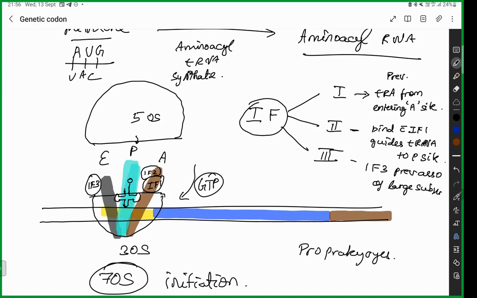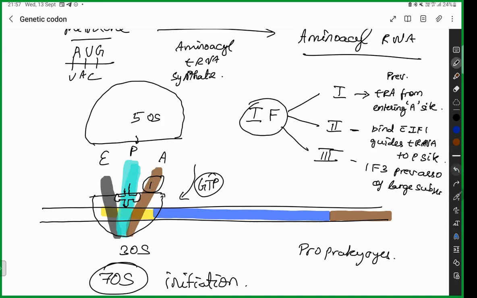So now what happens is slowly, first your initiation factor 3 is going to be removed. Once initiation factor 3 gets removed, your initiation factor 2 and initiation factor 1 also should get removed. For this removal of initiation factor 1 and initiation factor 2, what do you need? You need a GTP. So here one GTP gets converted into a GDP. See here how it does. Once your GTP gets converted into GDP, what happens?